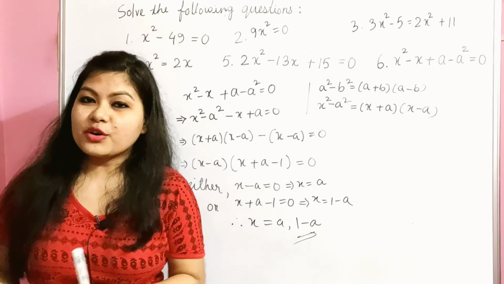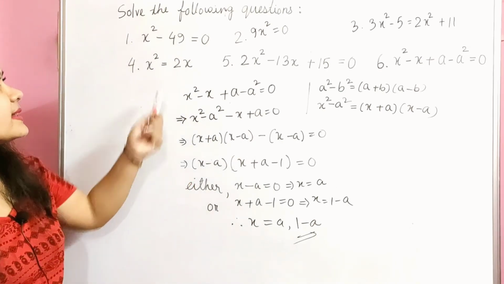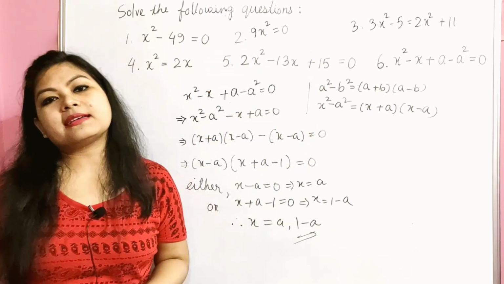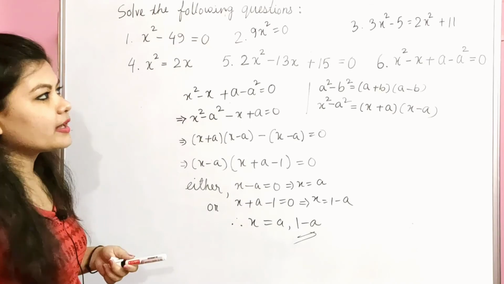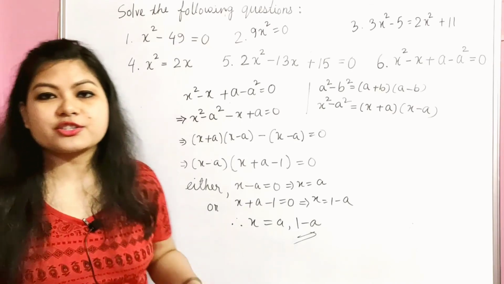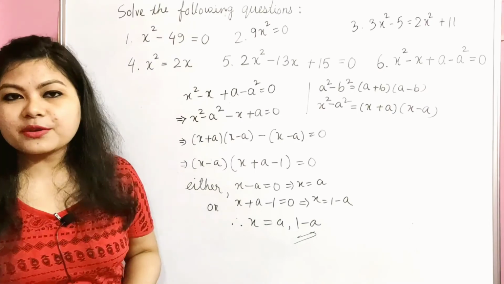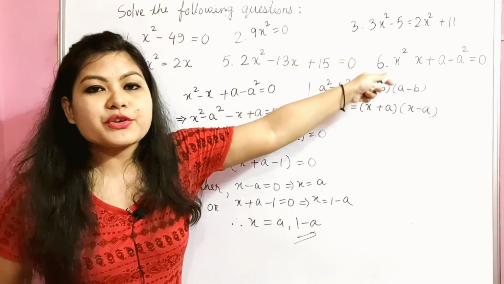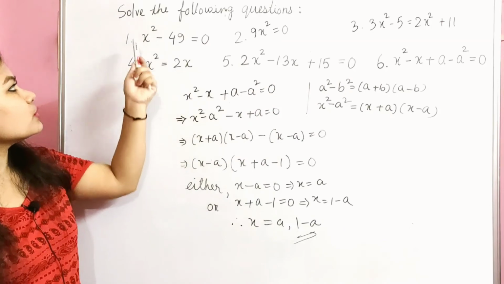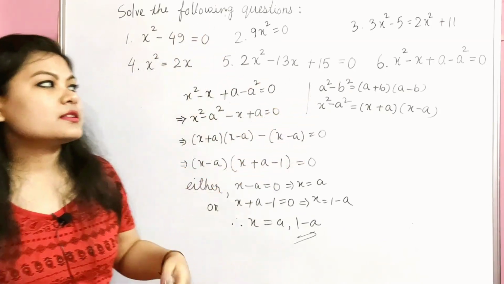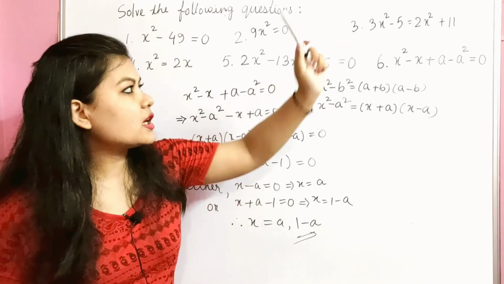So we have solved all these questions. Some questions are very easy, like the first two questions. The third question looks like a very tough one, where we need to use the factorization method or some formula. But actually after simplification, this third question transforms into the question type of the first one. So it is very easy to solve that third question.